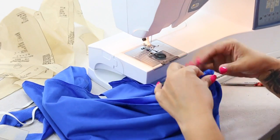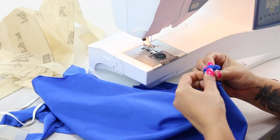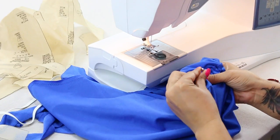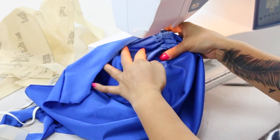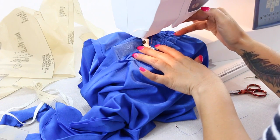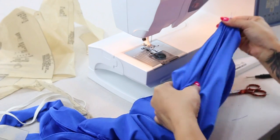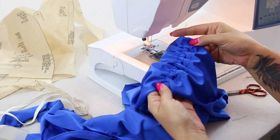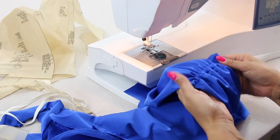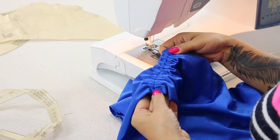And then continue. Once you reach the top, remove your safety pin and stitch it down. You're going to do the same thing to the other side, and then you're going to do the same exact thing with your seam allowance and your elastic to the other side seams. Alrighty, once we're done doing the elastic casings on both of our side seams, we're going to set this aside